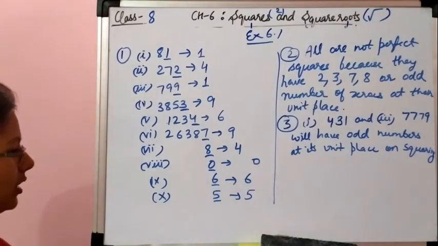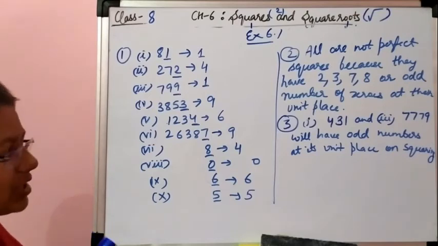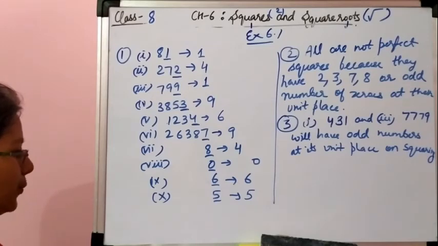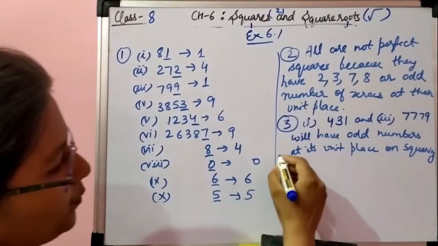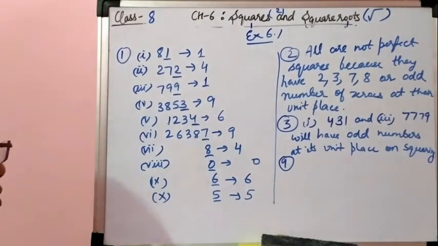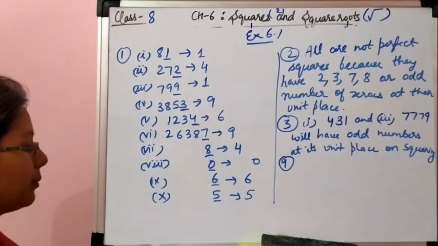Now the fourth question I am leaving for the next video: the 4th, 5th, 6th, 7th and 8th, till the 8th I am leaving it. Now question number 9 we can discuss, because the second pattern which we have discussed is related to question number 9. How many numbers lie between the squares of the following numbers?